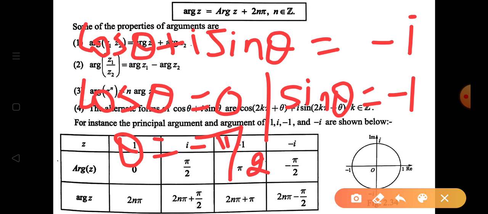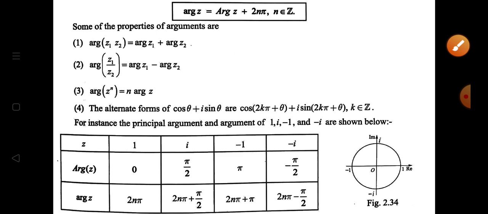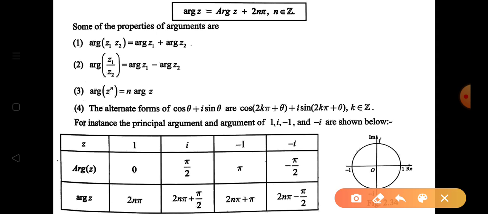So we substitute minus pi by 2 in the alternate form: cos(2kπ − π/2) plus i sin(2kπ − π/2). So our argument is 2nπ minus π/2. Do you understand? Once again listen, in our figure diagram, 1 is here, i here, minus 1,